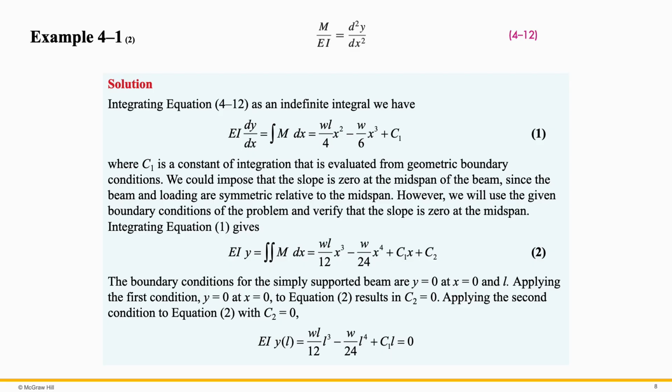Let's set x equals 0, and since the deflection is equal to 0, we can immediately conclude that the C2 constant must be equal to 0. And now, as the next step, we will determine the C1 constant. We will apply the second boundary condition. When x is equal to L, the deflection must be equal to 0 again, because the beam is simply supported, the end deflection is equal to 0. And since C2 is equal to 0, we can find the corresponding C1 value.